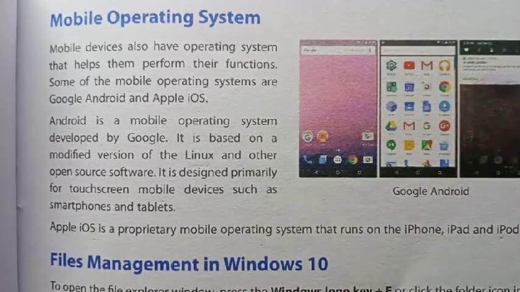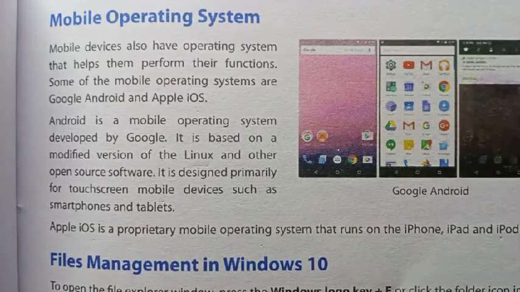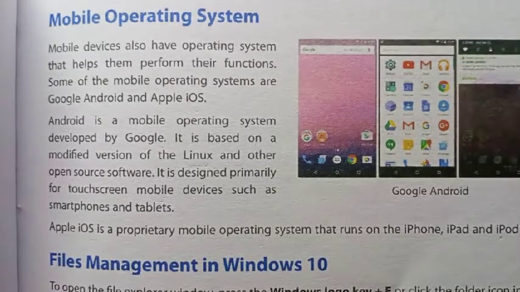Except for these, Apple iOS cannot run on any other device. It will not run on any other smartphone. It will run only on iPhones. That is something which makes it different from the other operating systems.